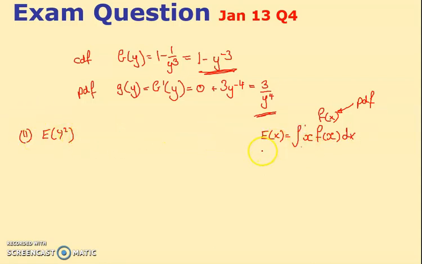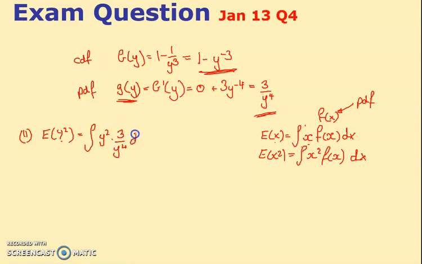The slight difference is, if I ever wanted to find E of X squared, you have to substitute x squared in there. So you can see whatever function you're looking at for the expectation, you have to squeeze that in. That's why the x went in. So here, because it's in y's, I'm going to do the integral of y squared times by 3 over y to the 4, notice I'm using the PDF again, it's the lower case, dy, I suppose. And the limits were, I think, 0 to 1. Might check that in a bit. Anyway, so this was